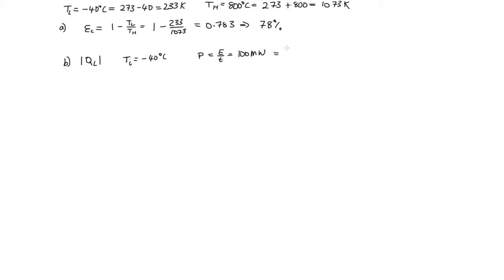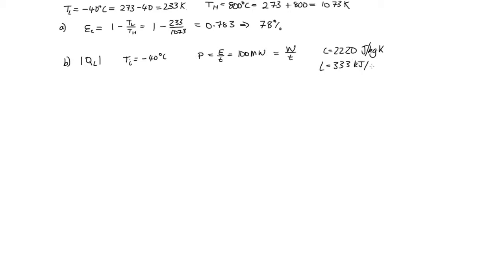So this will be equal to our work over time. The specific heat of ice is equal to 2,220 joules per kilogram per Kelvin. And the latent heat of fusion is equal to 333